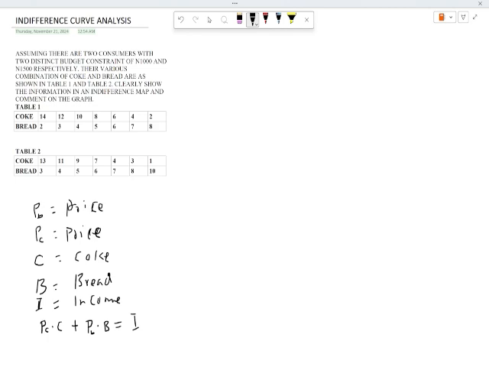For each of the individuals, consumer A spends 1,000 naira on these goods, and consumer B will spend 1,500 naira. So they will all have different combinations,